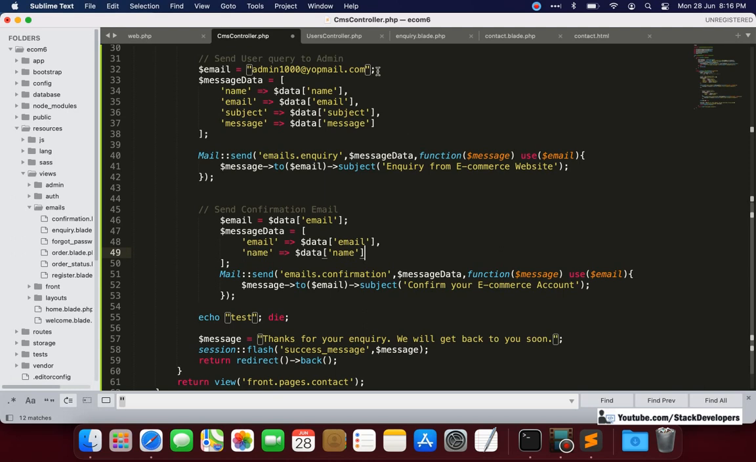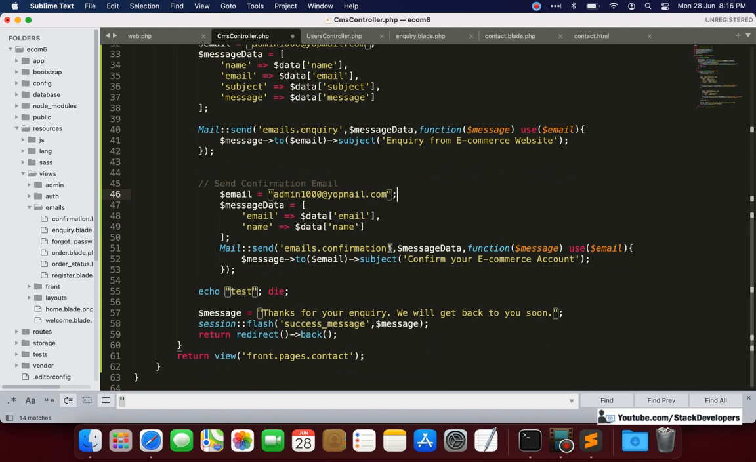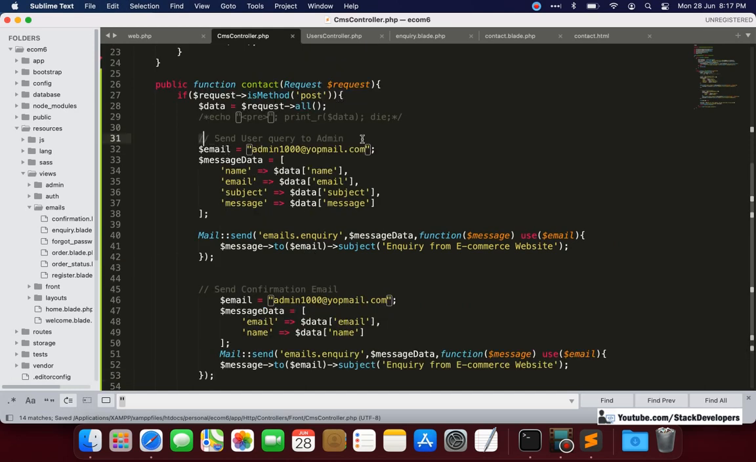And here I am going to replace it with this email, this one. And anything else, this one emails dot confirmation message data, function $message use $email. It all seems to be fine. Message data to email subject, and that seems to be fine. So I am going to copy this one, replace it with this one, and this code I am going to do later on. I'm going to remove this one. Let's see,